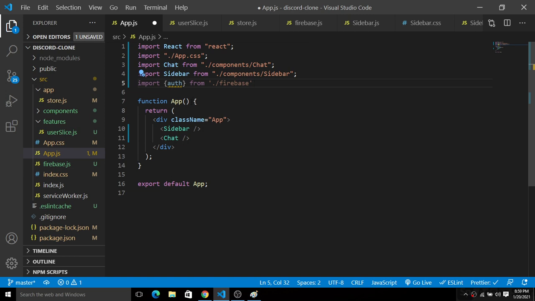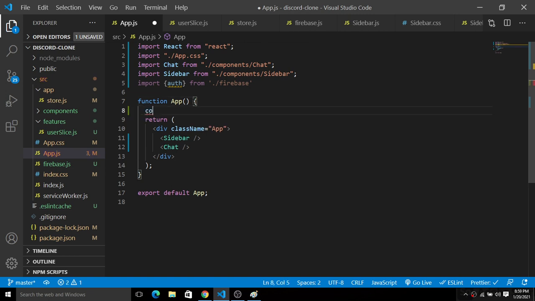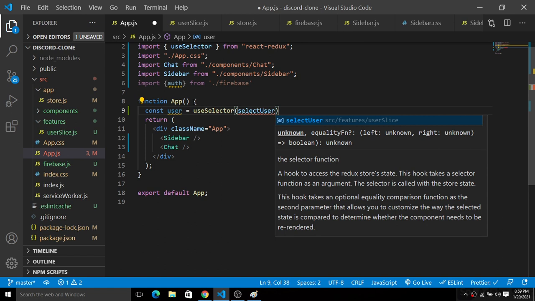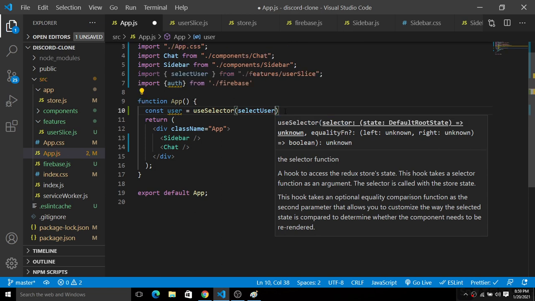Here inside this app, const user, I will use the useSelector. So useSelector just like this, and simply import it from React Redux. Inside of this useSelector we have this selectUser and simply import it from the userSlice. Got it? So we have this user here.